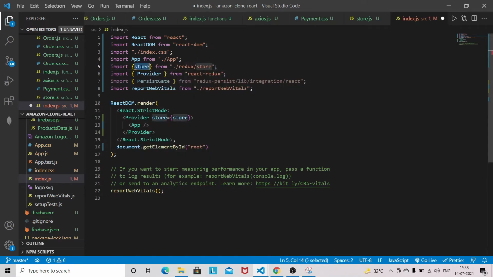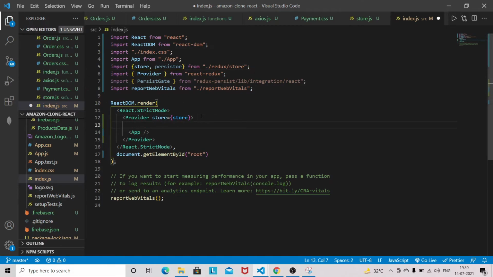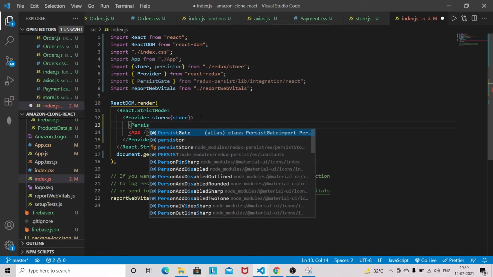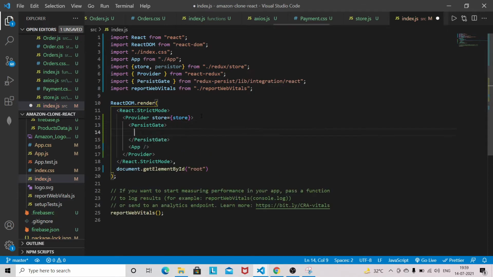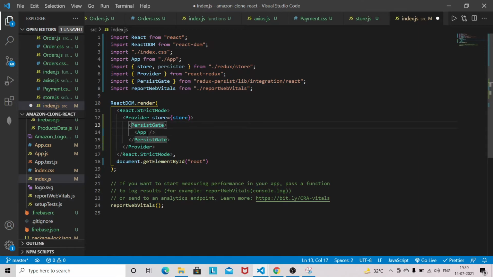Then I need PersistGate, and I am going to put the app inside this, and we need to provide our persister here.